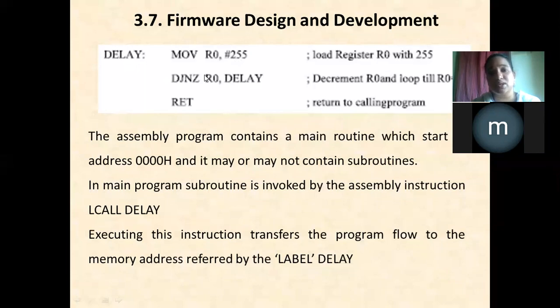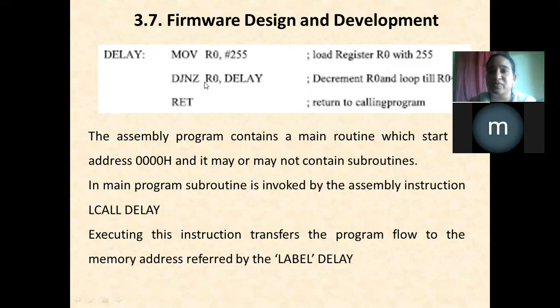Again, it is not equal to 0, so it will be executed again. Decrement again and jump if not equal to 0. Once again it will become 253. It is not equal to 0, so again it will jump to delay. So this loop of 3 instructions will be executed up to 255 times.